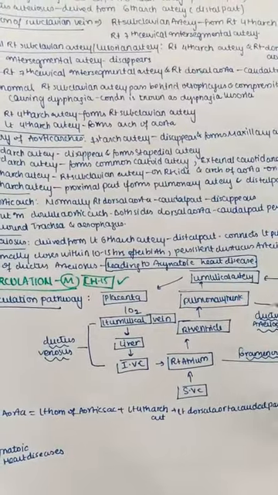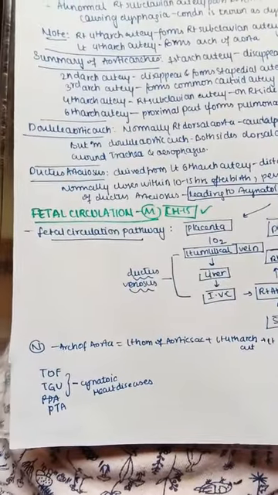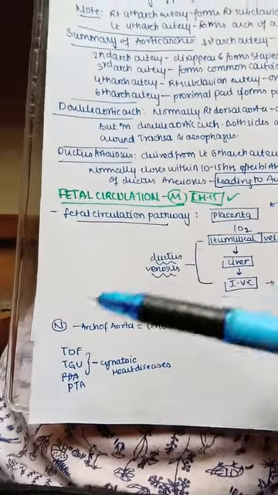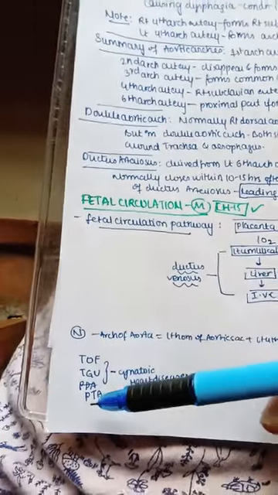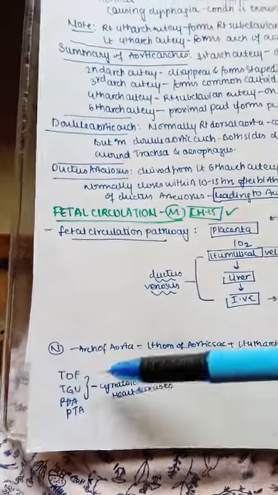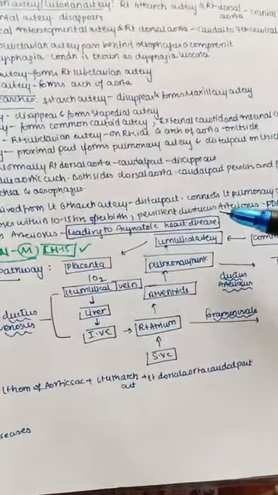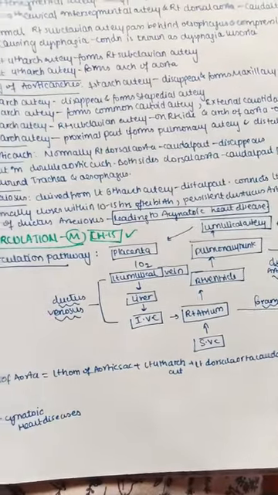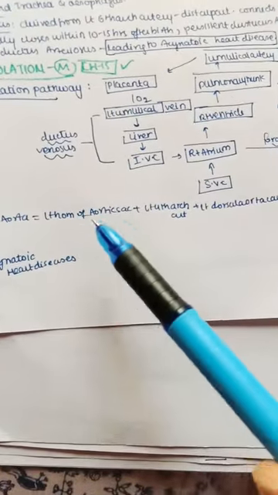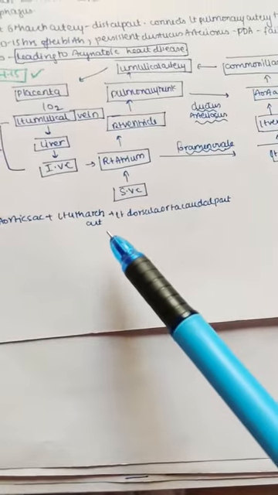So it is mainly leading to acyanotic heart disease. We also have other heart diseases which are cyanotic heart diseases like tetralogy of Fallot, transposition of great vessels, and also persistent truncus arteriosus may lead to cyanotic heart disease. But remember that PDA, that is patent ductus arteriosus, is acyanotic heart disease. And arch of aorta is mainly formed from the left horn of aortic sac along with the left fourth aortic arch artery and left dorsal aorta, caudal part.